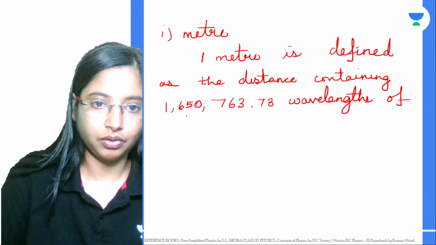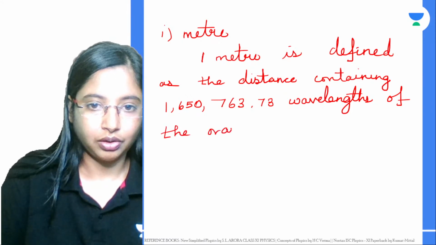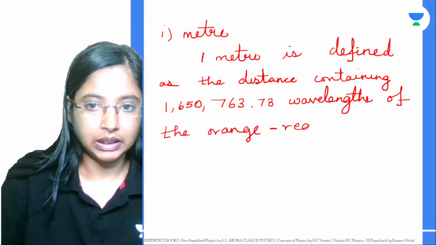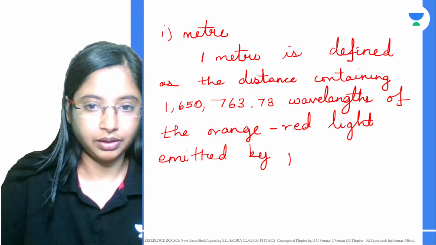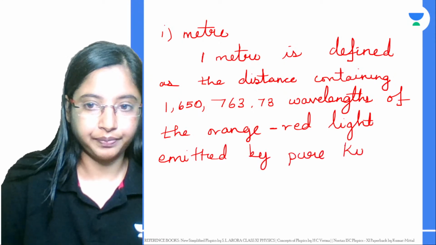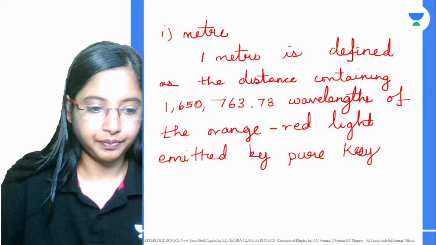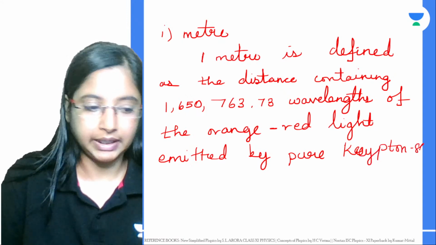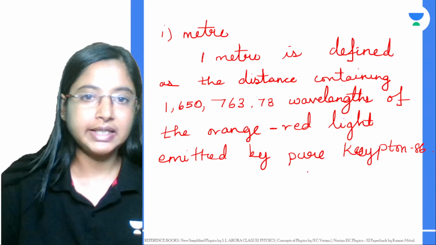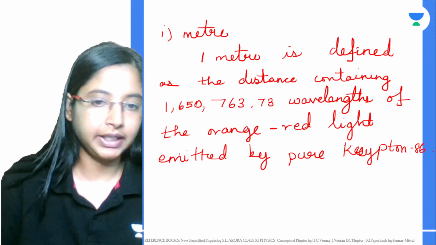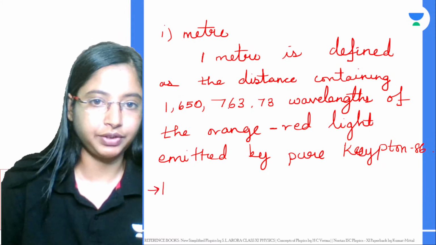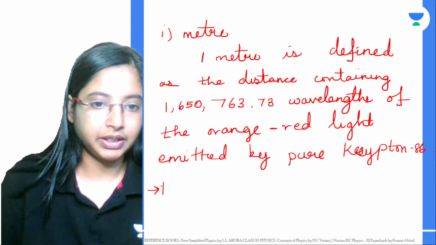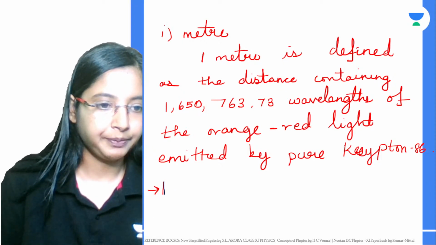of the orange-red light emitted by pure krypton-86. That was the earlier definition. More recently, 1 meter is defined as